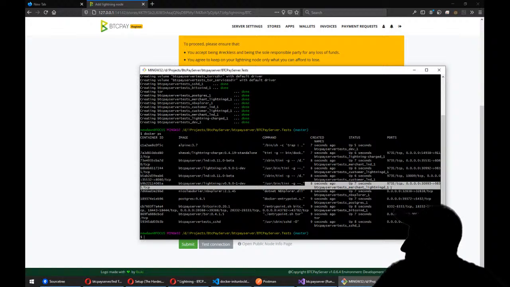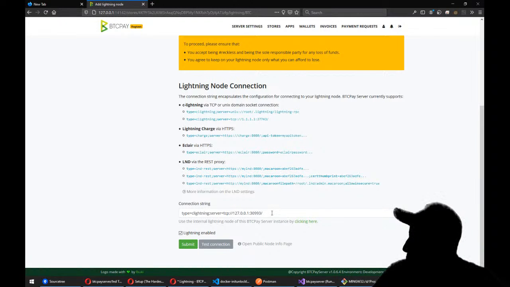30993, yeah. So we have Lightning D on top of C-Lightning, because yes, C-Lightning still works with Unix sockets, or I don't know, I need to check. So if it does, then you need something on top of that to function. That's why I think Nicholas used Lightning D. But what we want